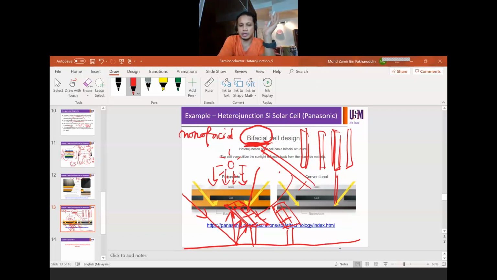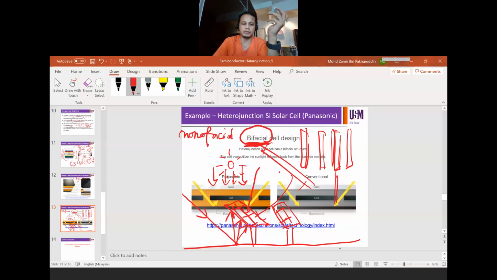There are so many different configurations that we are trying to come out with to be able to harvest all possible sources of the incident light, right? So in this case, it's called bifacial technology. This is more on the industrial side lah. Because all this while we've learned about monofacial, one side only. But in reality, when we talk about manufacturing technology, it can be